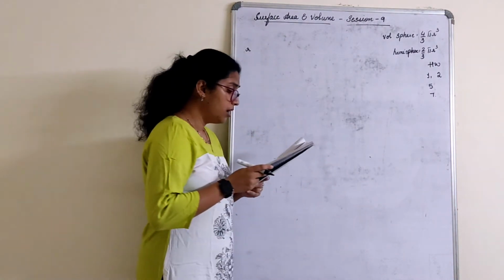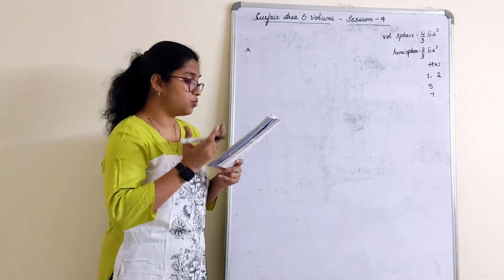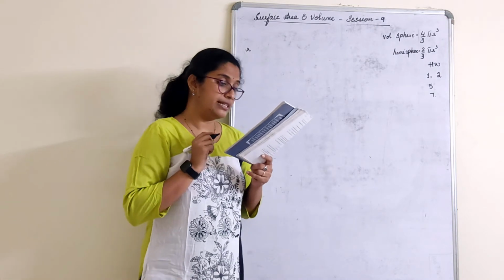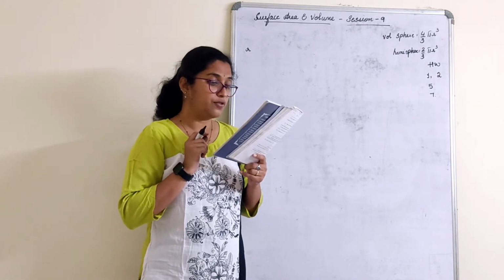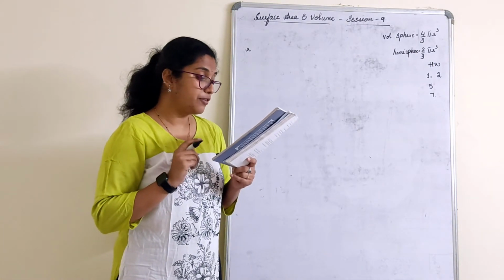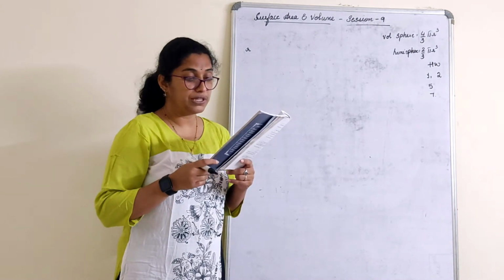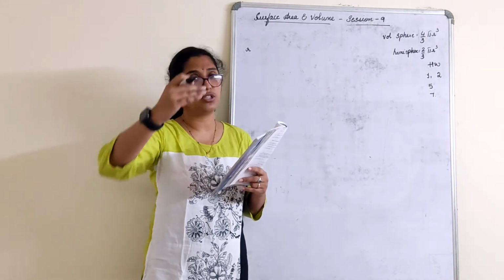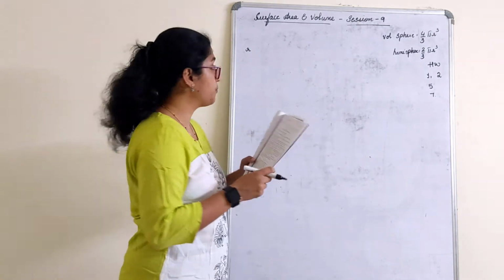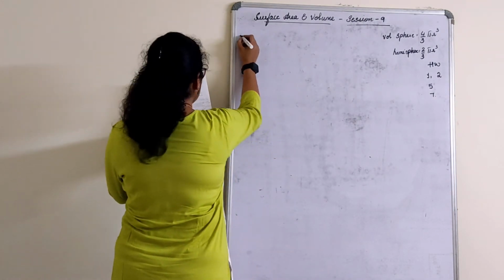Next. A dome of a building is in the form of a hemisphere. From inside it is whitewashed at the cost of rupees 498.96. If the cost of whitewashing is rupees 2 per square meter, find the inside surface area of the dome. Find the volume of the inside dome. Now here I just only give you the gist of the starting part, what you have to solve it, right? Later part you have to do. So, what have they told here? A dome is in the form of a hemisphere.